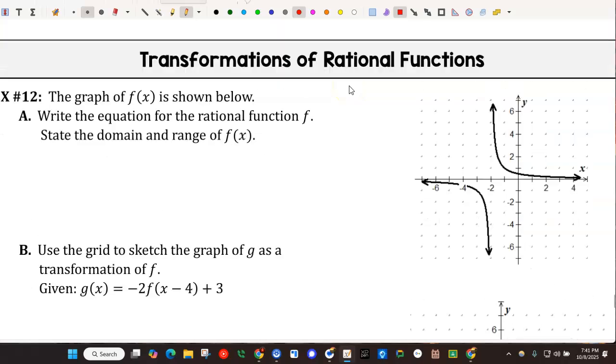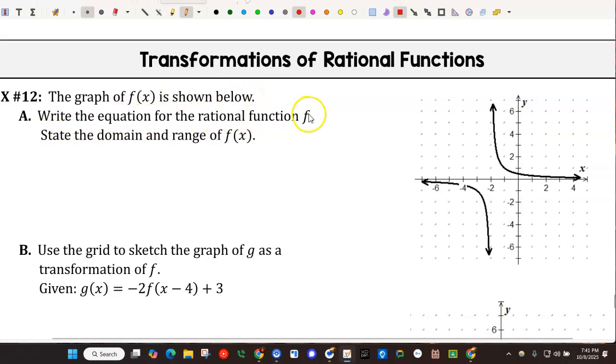Finally, we're going to apply some of this stuff, and we're going to do some translations with rational functions, not just lines and curves and parabolas, but the stuff that we've been learning in pre-calculus, because it works for all of it. There'll be some slight differences, but nothing that we can't adjust to. And we're also going to do the domain and range. So it says first,